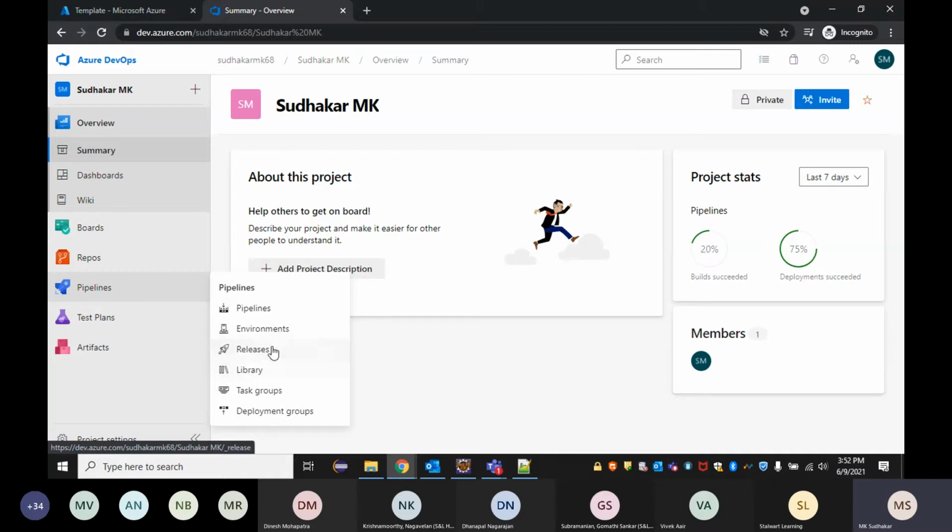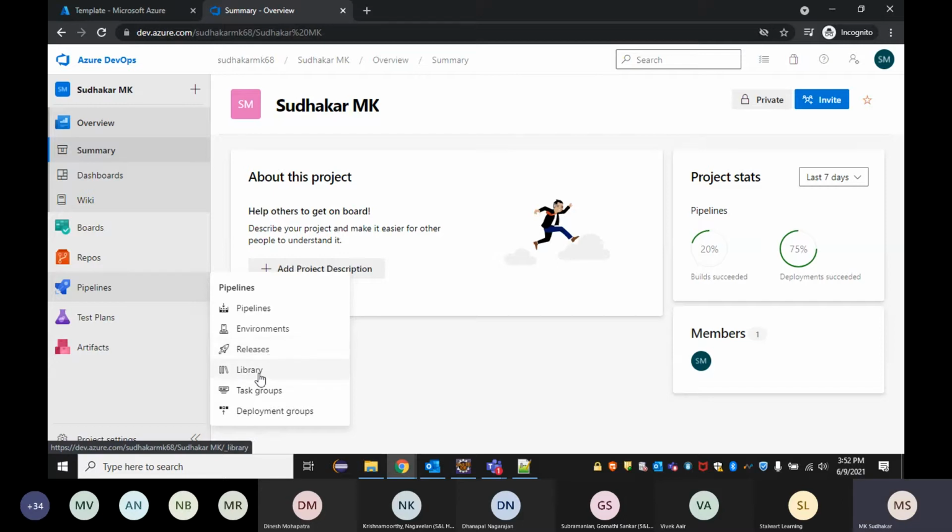Now, once the build is ready, we are going to release that with some stages, like the development stage and pre-prod stage, where it's going to automatically create the resources, and then it deploys and swaps the slots. All that will happen in the release. So once we have the release, we have the build ready. I mean, we have deployed and it is live. The application is live once this release has happened.